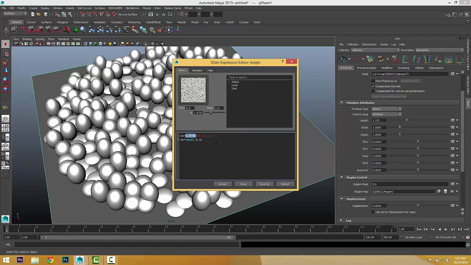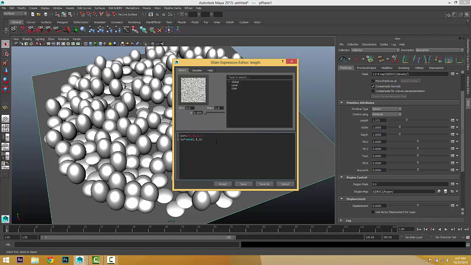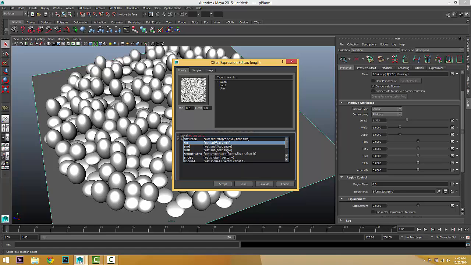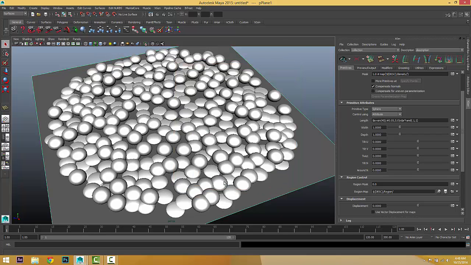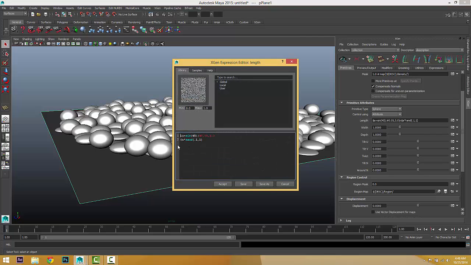The beauty of this expression editor is not just typing a command. If we type any letter, for example, P, we'll get a bunch of commands. It will tell you which one you'd like. For example, let's choose a sine command. With a sine command, we can type an angle, for example, 45 degrees, the sine of 45. So choose accept. Now we've got the sine of 45,